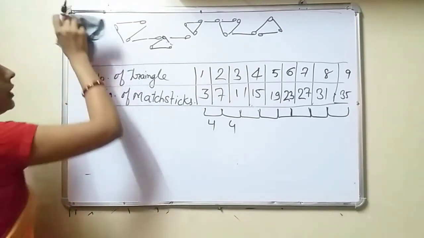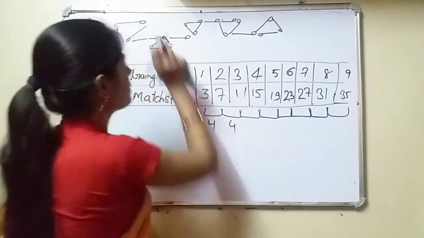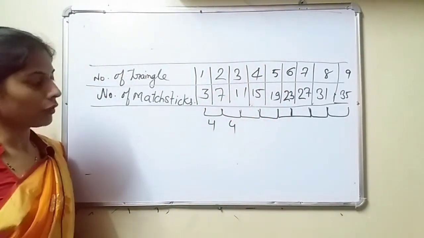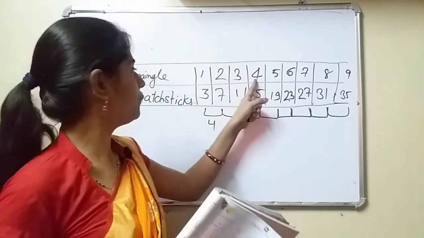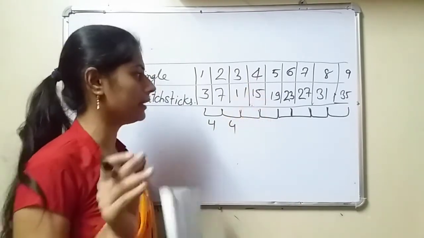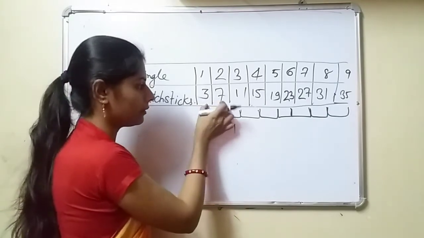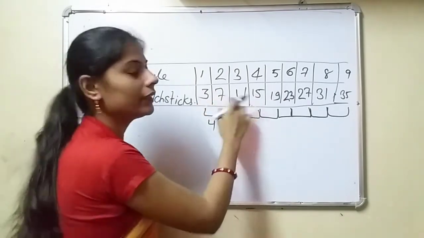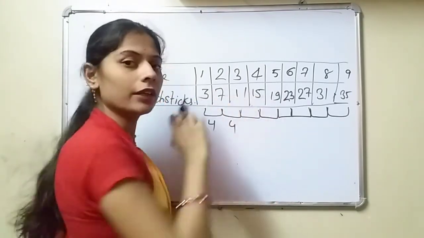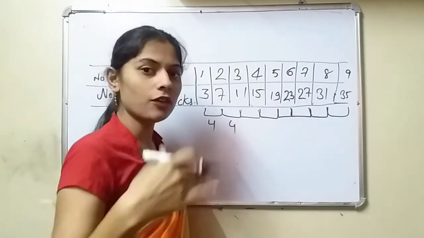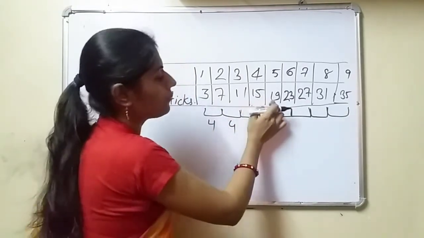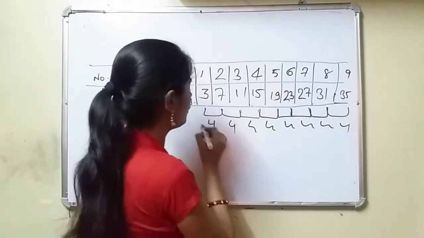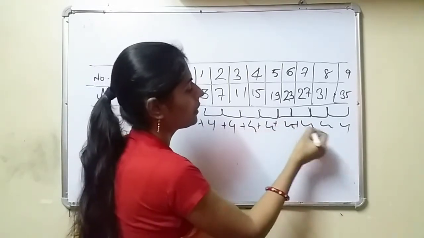Okay. And by the way, this method is very easy. You can solve easily by this method, because in the other you will get so many confusions. So directly solve. See, up to 4 triangles, the number of matchsticks is given there. So by this method you can easily find the difference between 3 and 7. What is the difference here? 4. Then between 7 and 11, what is the difference? 4. Then 11 to 15, the difference is 4. It means in the next step again you have to take the difference of 4. Between 15 and 19, what difference are you getting here? 4. So you have to add 4 here.